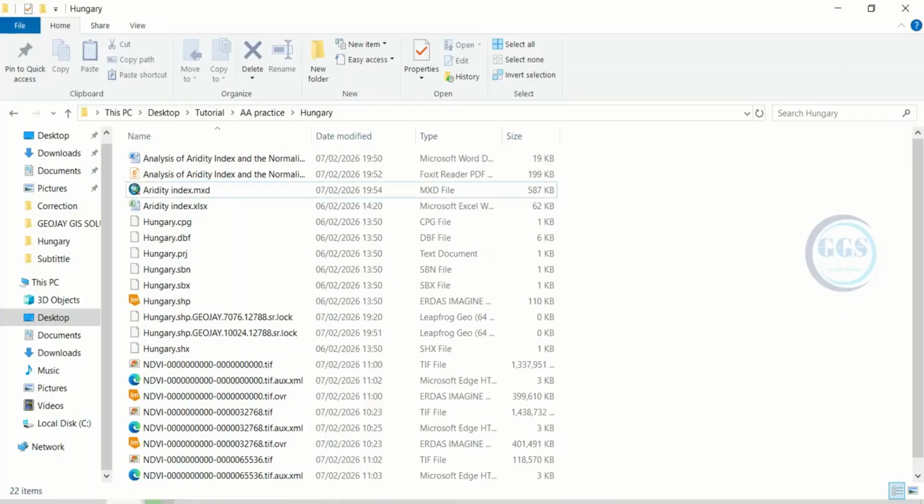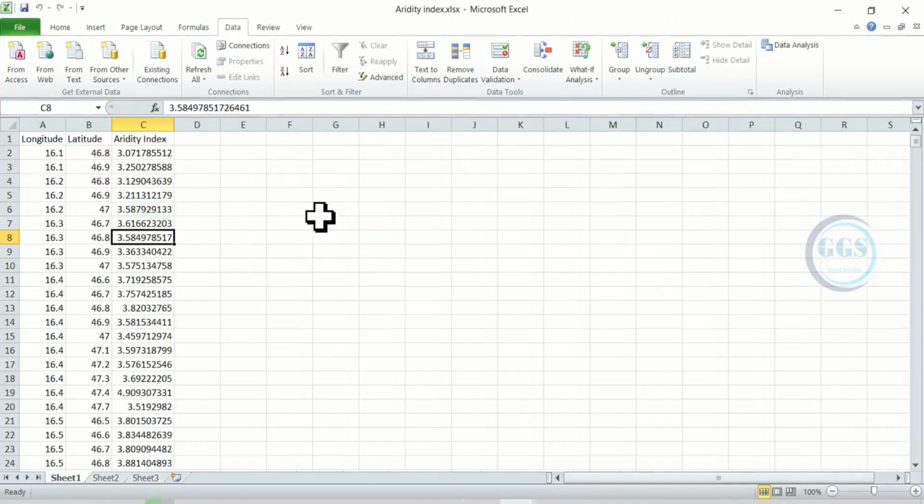Let's go back to the folder. Here is the Aridity index in Excel provided. So double click to open it. Here you can see the longitude, latitude, and the Aridity index. The first thing to do here to be able to import it into ArcGIS Pro successfully is to convert it to